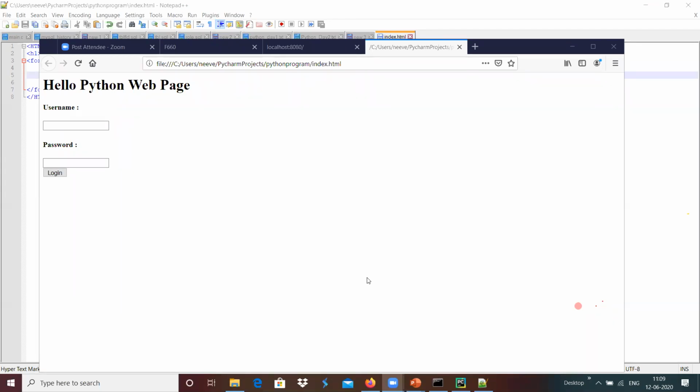And if we want a full-fledged web server, we can build it using Python Django, which is similar to this web server. Flask is another framework.